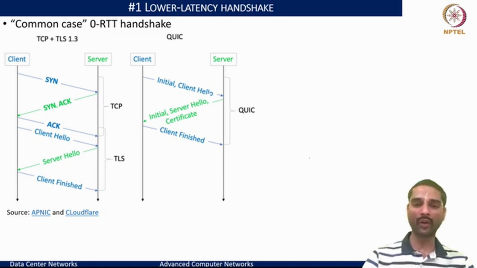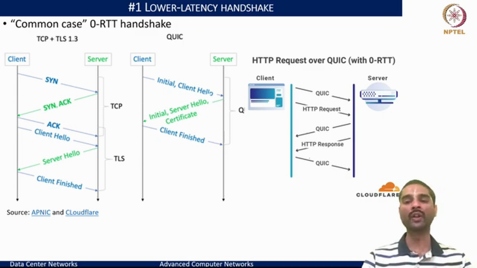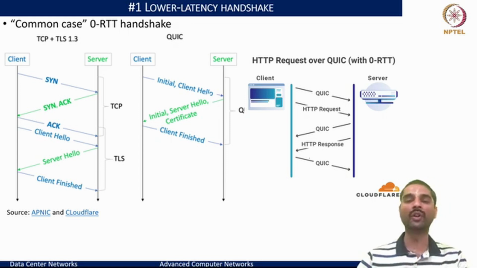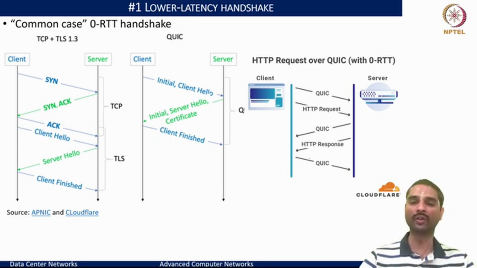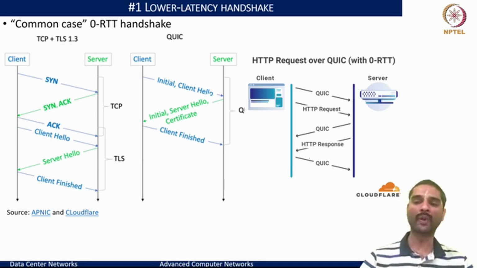And if we already have these certificates that were exchanged with the server, you would have those cached within the client side. And for the next subsequent connection, you could reuse the same and start directly with the HTTP request using the same earlier cached QUIC parameters, just communicating that we are trying to establish a connection with these parameters with the server. And if all the session parameters seem fine, you could essentially have the server respond back, and this is where the 0 RTT overhead communication happens with QUIC.